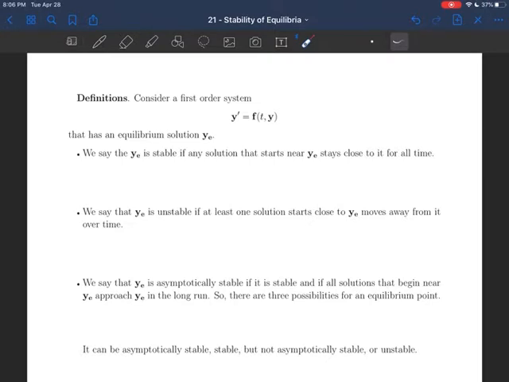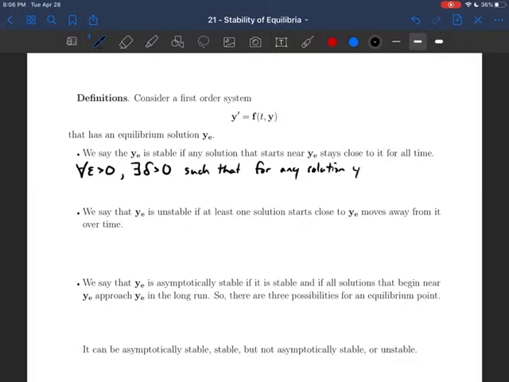Now, that's clearly not a rigorous mathematical definition. The actual definition is in terms of epsilons and deltas, and we're going to give it now. So we have two things that have to be close. We have to say that it stays close, that'll be measured by some number epsilon, and that it begins close, which will be measured by some other number delta, which is possibly smaller than epsilon. And the definition goes like this. It says that for all epsilon greater than 0, there exists a delta greater than 0. So no matter how small you want the solutions to stay, you can do it if you choose a starting distance that is small enough, that's the delta, such that